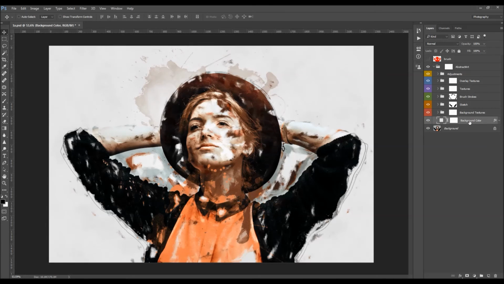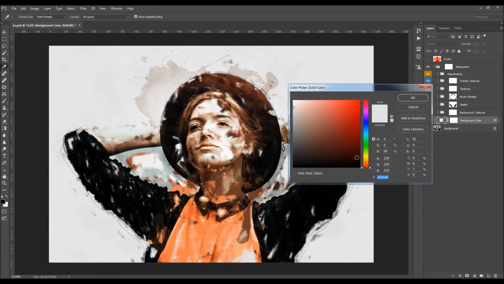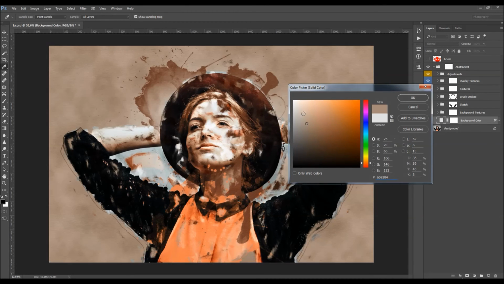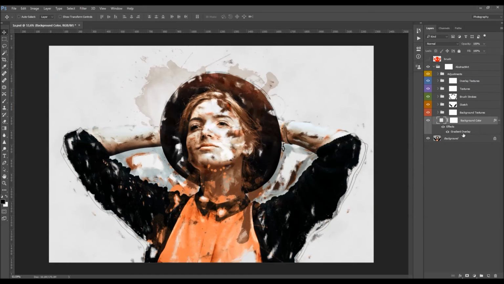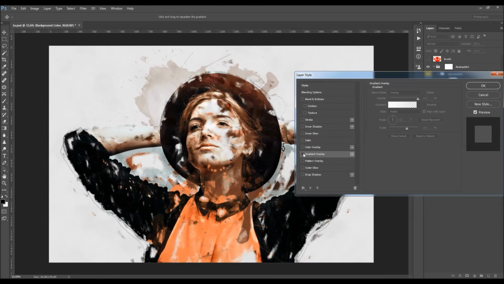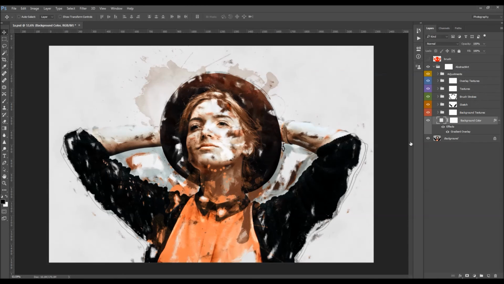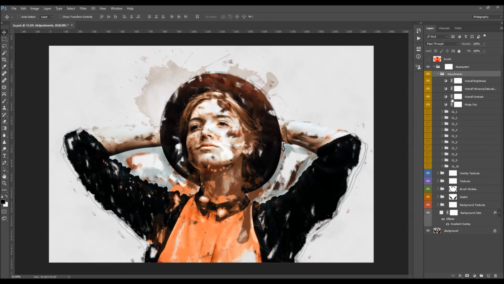And here we got a background color. So when you double click on this color box, you can change the color to any color that you like, right? I'm just gonna keep it default. And you got a gradient overlay here, so when you double click there, if I just turn this off and on, you'll see it has the light source in the middle of the canvas. So what you can do is you can change the opacity here to make this light source decrease or increase its density. I'm just gonna leave it default, and now I'm just gonna get back to the adjustments folder,